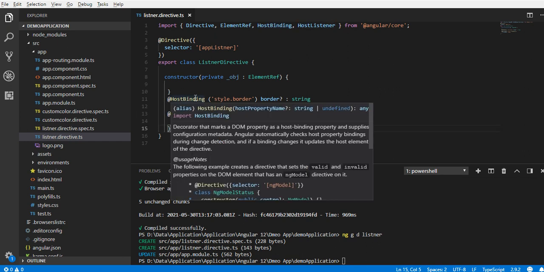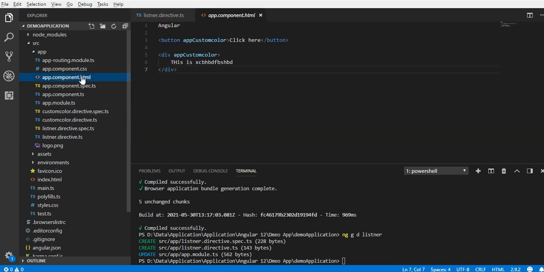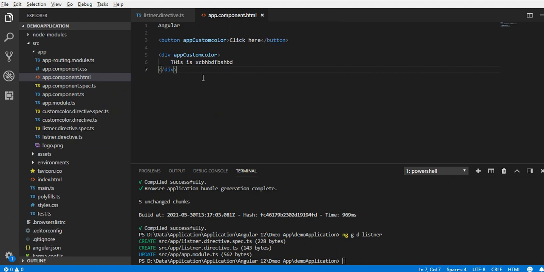With the help of HostBinding, we have bound the property we are going to change, and HostListener will listen to the event handling. It could be any event. As of now, we have taken the click event, right? Let's go to the default component. Let's keep it open, and let's add one more button, or let's add a div.